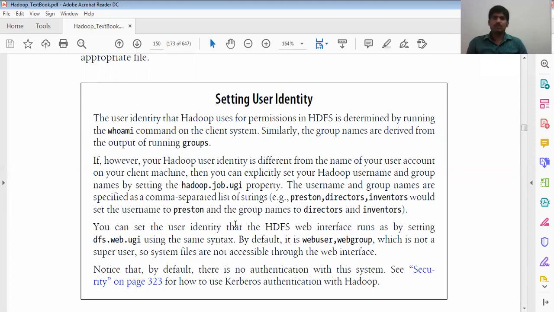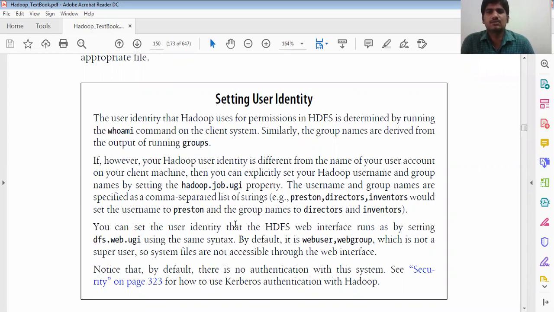You may use a pattern, or your fingerprint, or your face login, something that identifies you. So the user identity is determined by running the whoami command on the client system. That is, who am I.